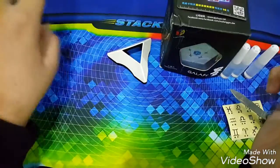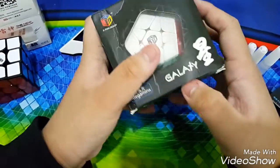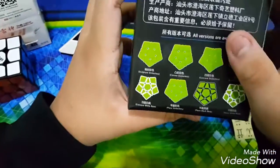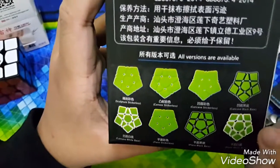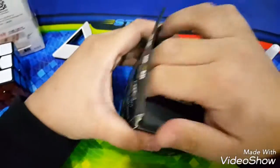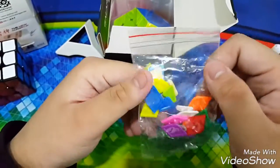So let's just put it to the side and go into the X-Men Galaxy Megaminx. Actually, I cut a little bit on the X-Men box, but it doesn't matter really. But we're in for the content. As you can see here, they have the sculpted one, the convex one, the concave one, and the convex one. Oh, the plain one means the original one. Don't know what these are, but